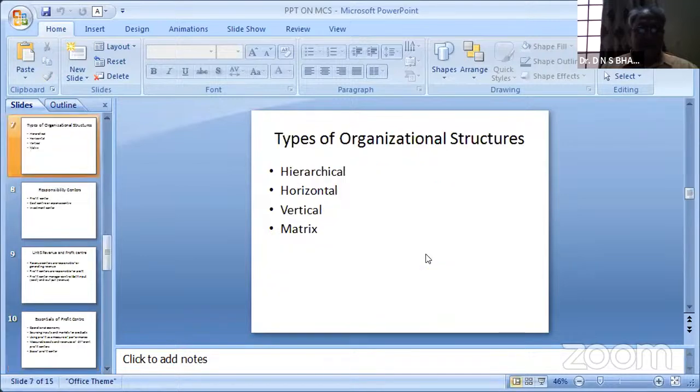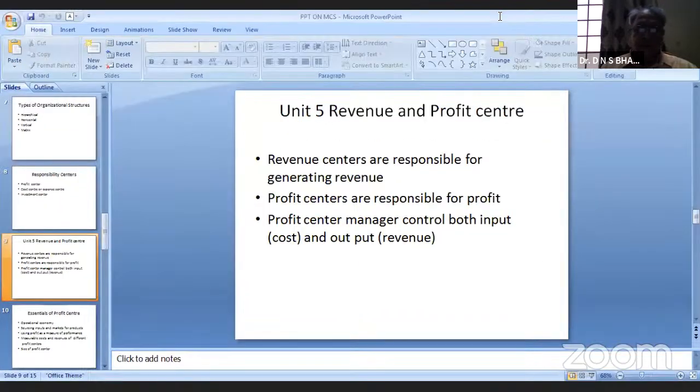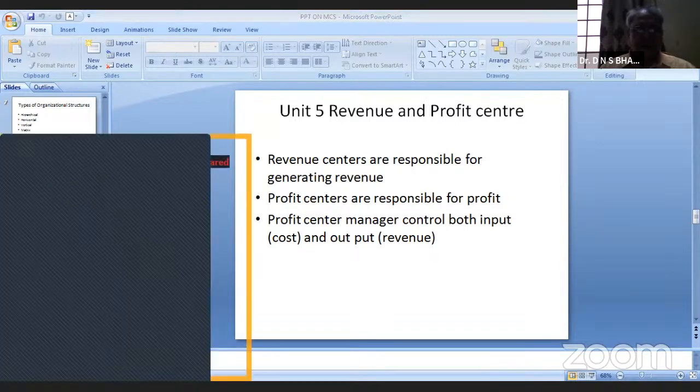Now, in the designing of management system, organization responsibility centers we have done in the previous class. Then we are going to talk about unit 5, the revenue and profit center. Revenue center is the center where the revenue is generated, that is how to make out the revenue. That is called income generation. Wherever the income is generated in the organization, like a sales organization, whatever the points where the income is generated by selling the goods, all these aspects will come under the revenue center concept. Whereas in the case of the profit center,